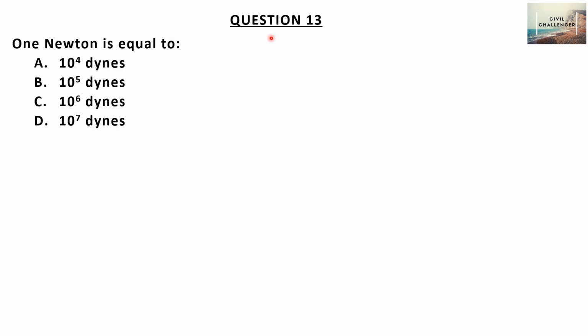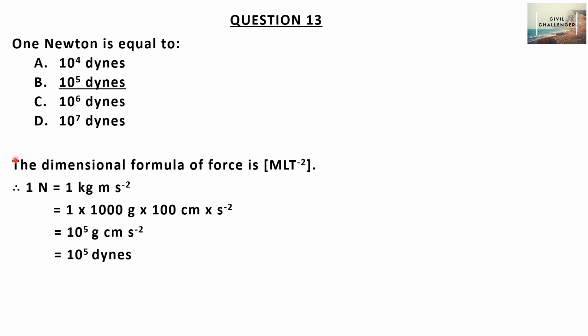Okay. The next question is 1 Newton is equal to option A 10 raised to 4 dynes, option B 10 raised to 5 dynes, option C 10 raised to 6 dynes, option D 10 raised to 7 dynes. We know that the dimensional formula of force is MLT raised to minus 2. Now the unit of force is 1 Newton in SI unit, which is equal to, substituting the corresponding unit for mass, length and time, we get 1 kilogram meter second raised to minus 2. We know that dynes is the unit of force in CGS system. So in CGS system, the base units are